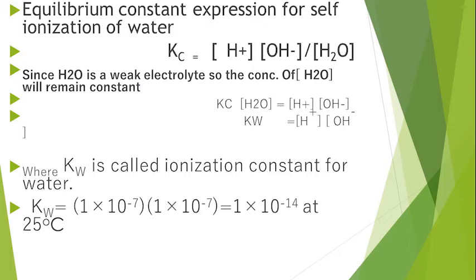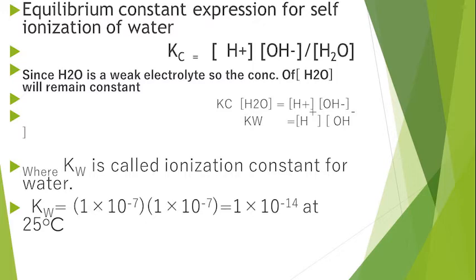Since H2O is a weak electrolyte, the concentration of H2O will remain constant. So we can write Kc multiplied by the concentration of H2O equals the concentration of H⁺ ion multiplied by the concentration of OH⁻ ion. Dear students, this expression Kc multiplied by [H2O] can be written as Kw, which is called the ionization constant for water,